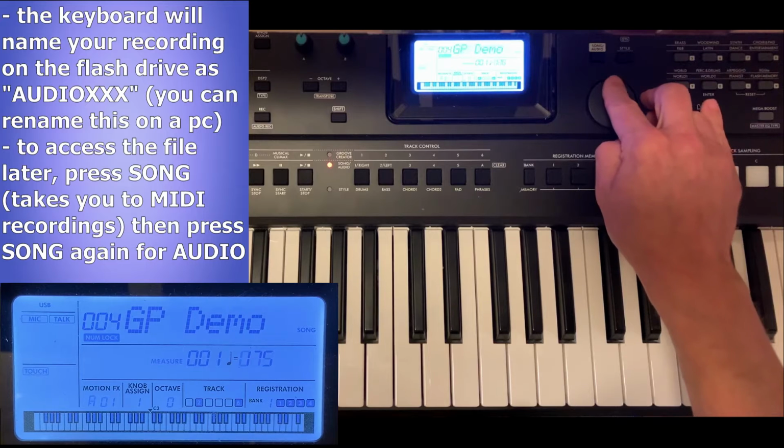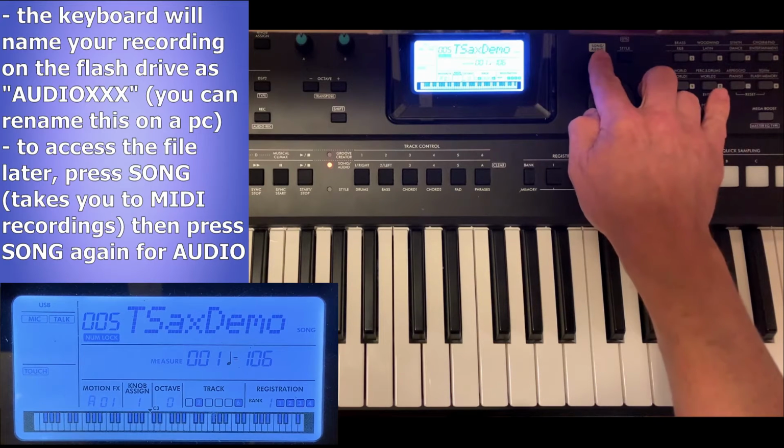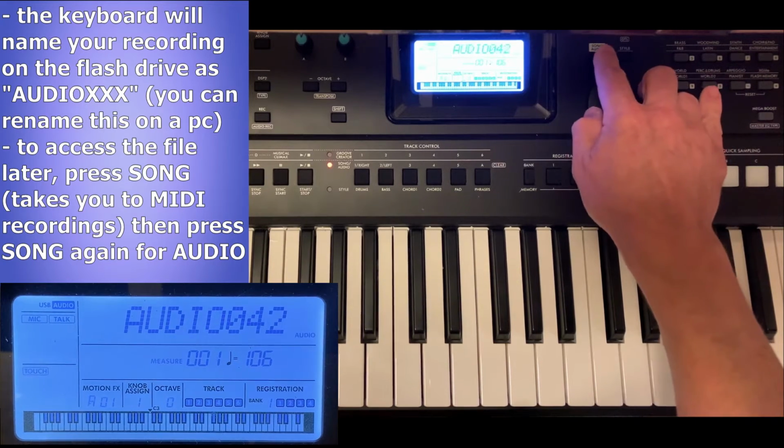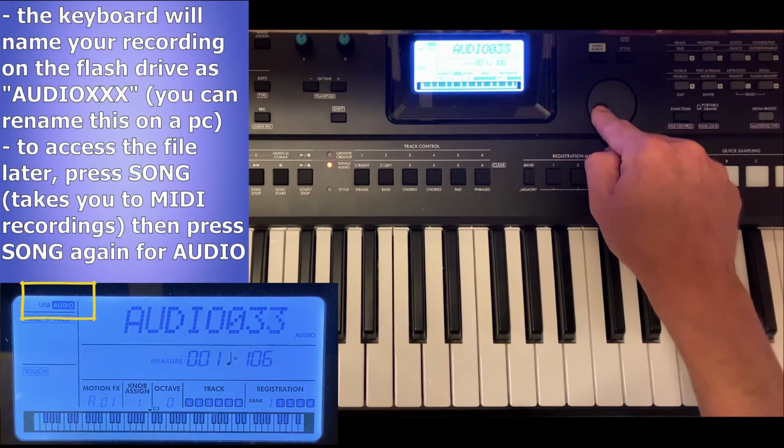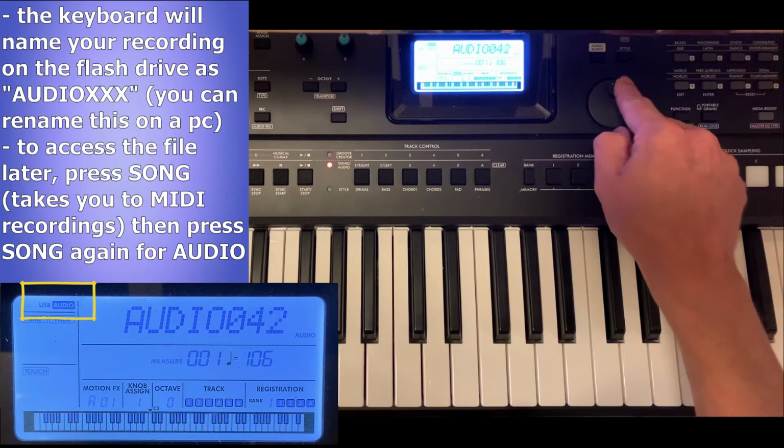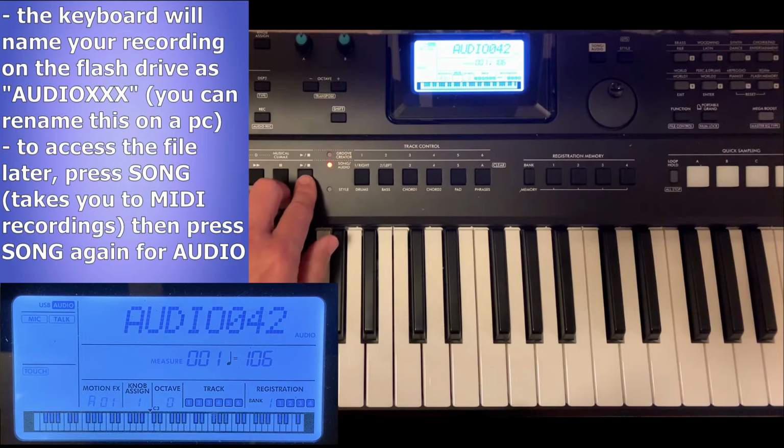But to see the audio songs on the flash drive, you just press this again, the song audio button. And now it actually took me straight to audio 42, but now I can see all of the audio songs that are on the flash drive. So if I just click play to play that back,